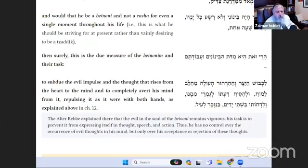Thus, he has no control over a current of evil thoughts in his mind, but over acceptance or rejection of those thoughts. I have the mitzvah to push away the thought. I don't have the capability not to have the thought. That would mean I don't have a nefesh Bahamas, I don't have an animalistic soul. I do have an animalistic soul, and therefore now I have the mitzvah to push it off. What a beautiful concept. And as the Alter Rebbe said, every one of us needs to have one thing, and that is